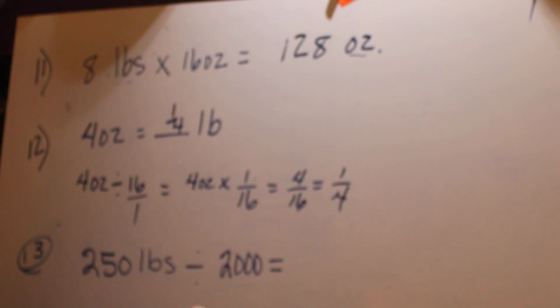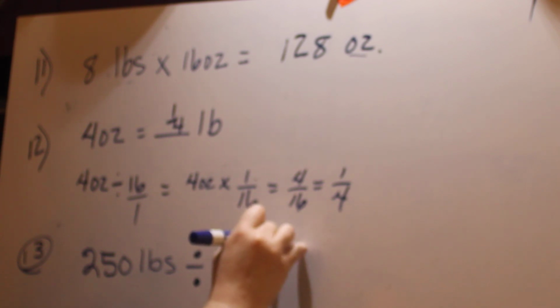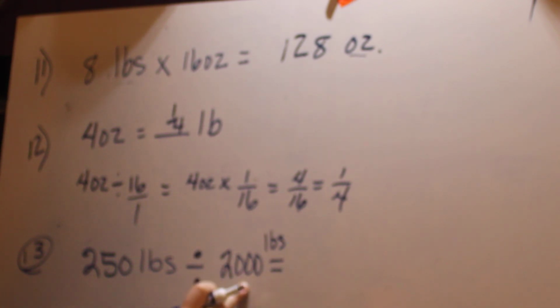That's going to actually give me 1/8 of a ton, but how do I get there? Because there's 2,000 pounds in 1 ton, you could do keep, change, flip, and do 250 times 1 over 2,000, which gives you 250 over